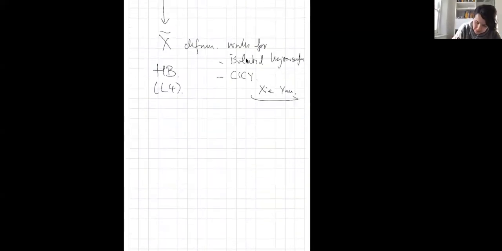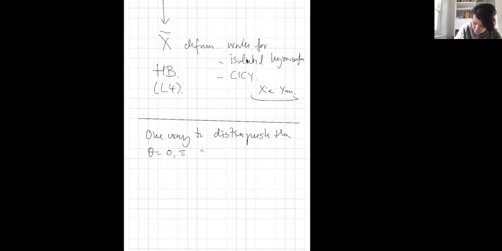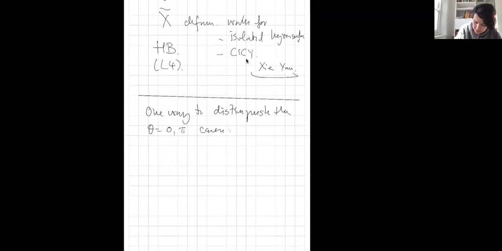So indeed, you can. One way to distinguish the theta equals 0 and pi cases is by looking at the one form symmetry. So the one form symmetry is sort of like this. We have 0 form symmetries, that's a flavor symmetry. So the charged objects are point-like, and the charge operators are codimension-one. For one form symmetries, the charged guys